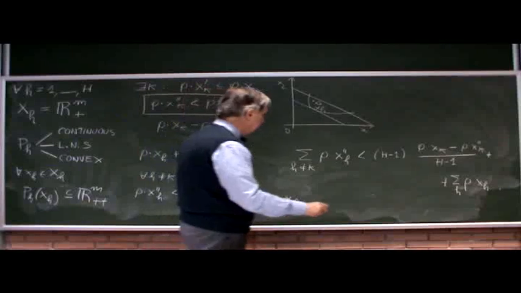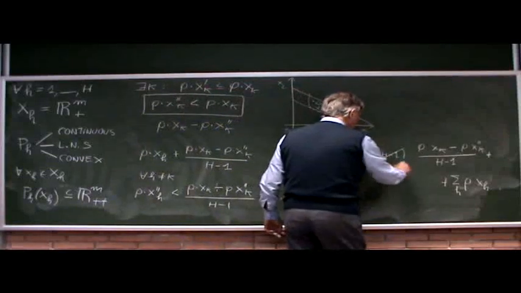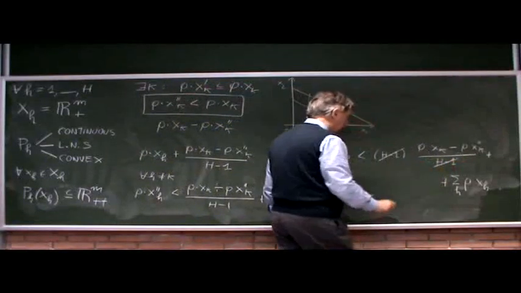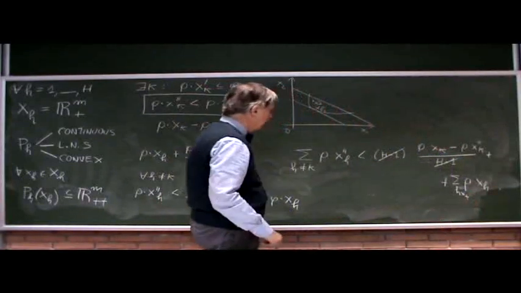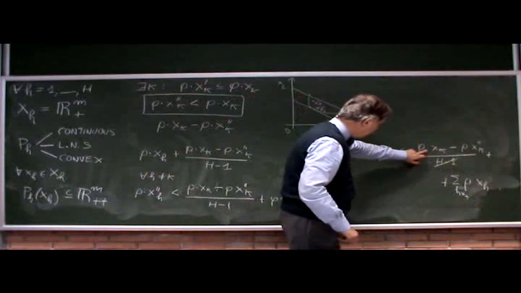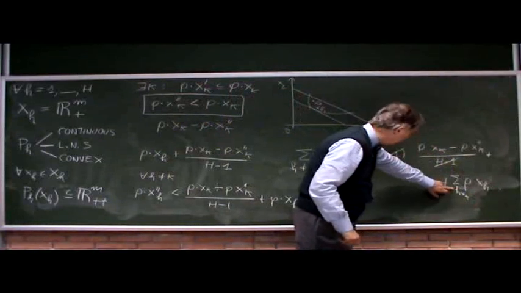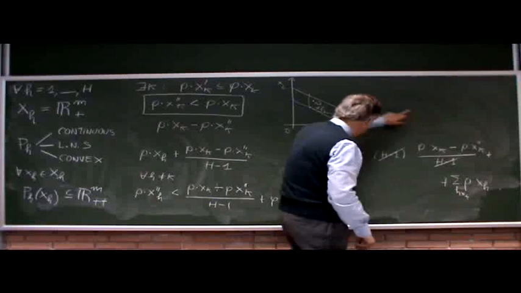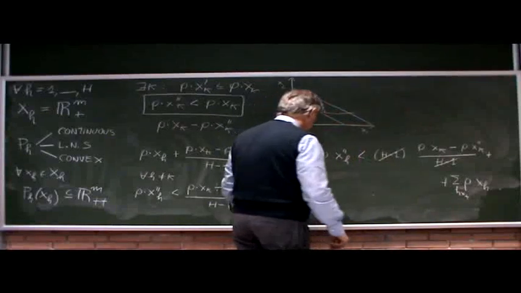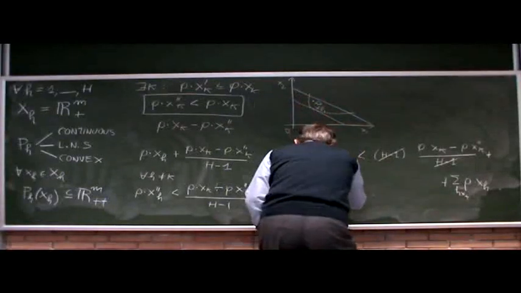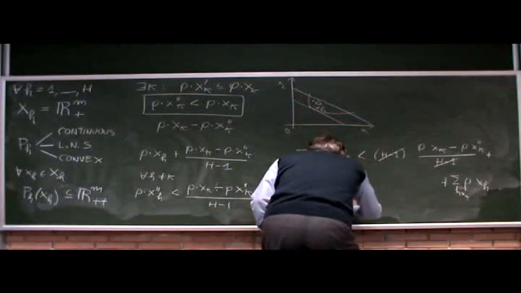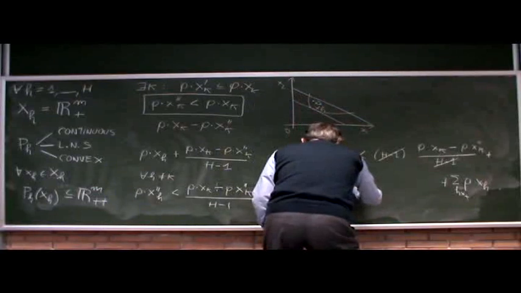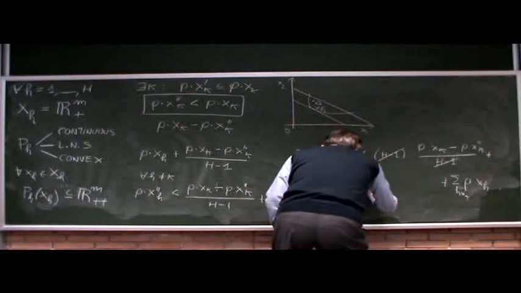At this point, we can simplify these and these. H different from K. Then, this term can be introduced in this sum, and this term can be introduced in this sum. So in the end, you have P times the sum for h which ranges from 1 to large H of x double prime h,